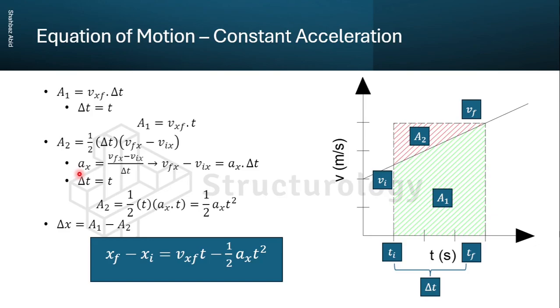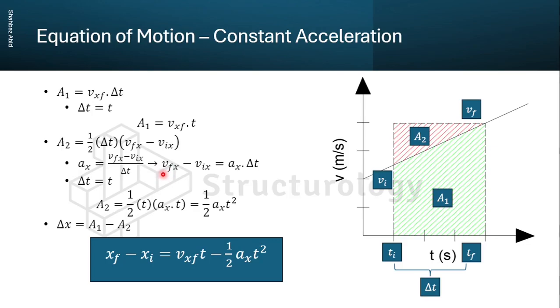So again, we know the slope of the velocity versus time graph is acceleration, so it's equal to final velocity minus initial velocity divided by delta t. So if I rearrange this equation, it's going to become final velocity minus initial velocity is equal to a sub x times delta t. Again, the delta t can be denoted as t, so I'm going to get the area